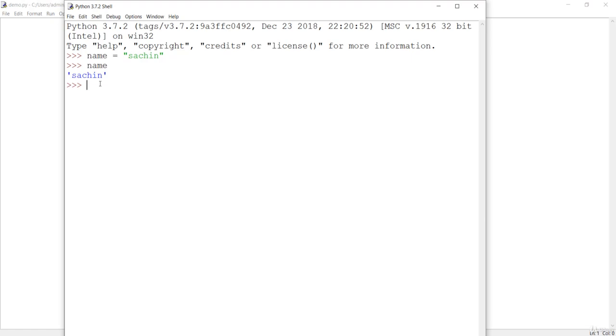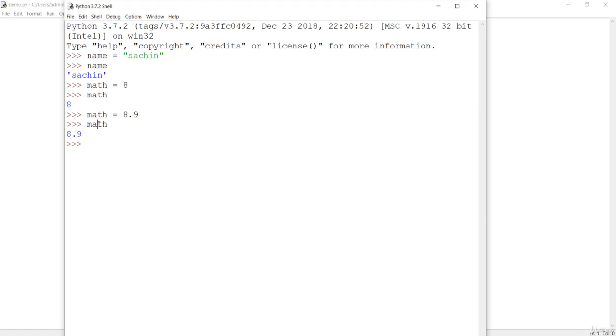If you want to make an integer variable, let me say I want to make the math variable which will contain 8, and if I want to see the content of the math variable, simply pass the name math and you will see the content as 8. If you want to give the same math variable a different value, 8.9, then it will be changed directly to 8.9. So this is dynamic typing in Python.